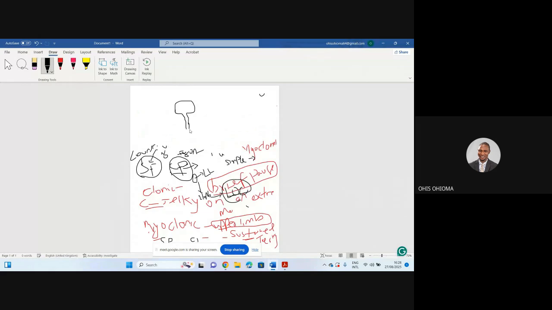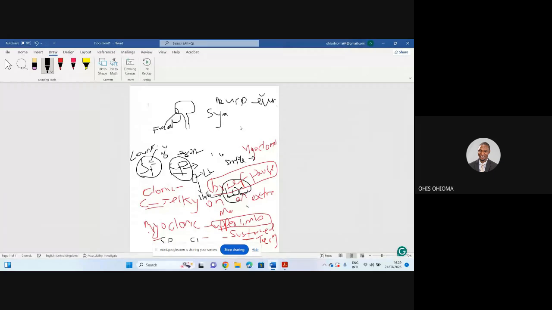First of all, you need to try and explain what a seizure is. A seizure is a neurological event characterized by synchronized, high frequency neural firing. So it's like the brain is going overboard, sending a lot of signals. When that signal originates from one part of the brain, it is called focal. So a seizure that has its origin from a particular region of the brain is a focal seizure.